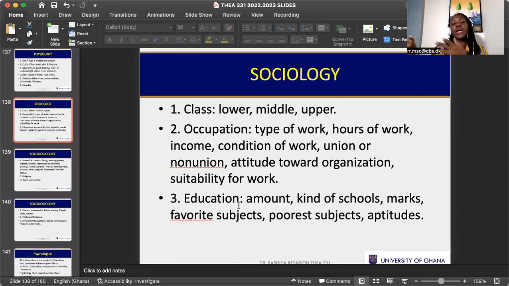Okay. And when we come through other human beings, those human beings live within a society that is often structured in a certain way. And so our sociological aspect is made up of our parents. Who are our parents? Which class do we belong to? Do we belong to the lower class, middle class, upper class? What type of work do we do within the society? What is our income level? What organizations do we belong to? What is our level of education and all that?